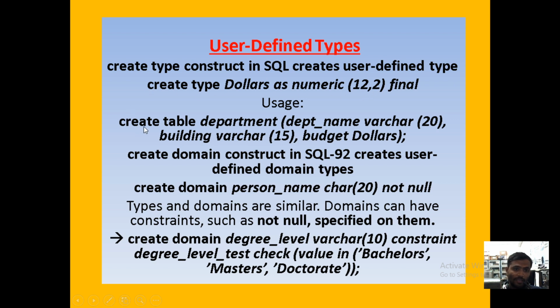Now if you want to create the department table and define the user defined data type, see here, create table department, where department is the table name. Under the table we have department name as an attribute or column name, then the data type is varchar. Under the character data types we have char and varchar2. Under char we can insert only up to 20 characters. Under varchar2 we can insert alphabetics and numbers.